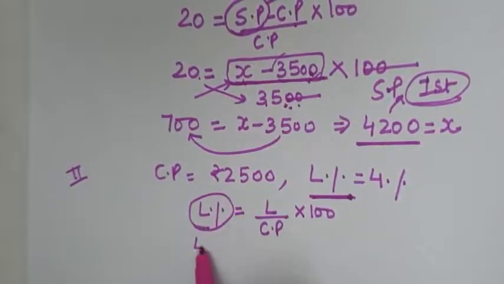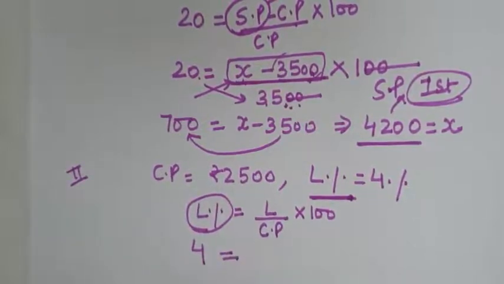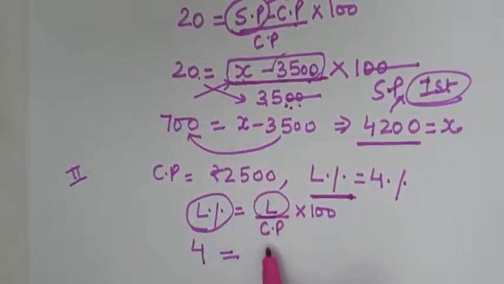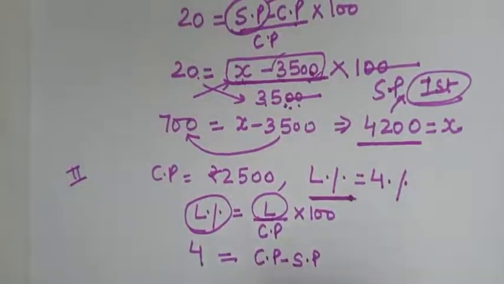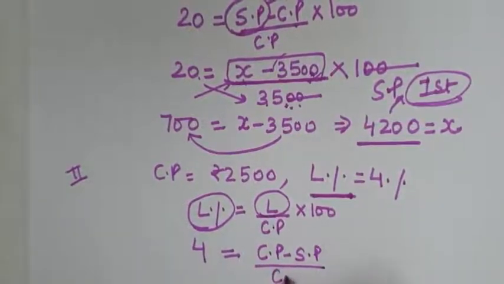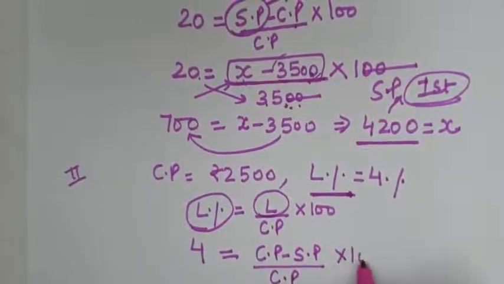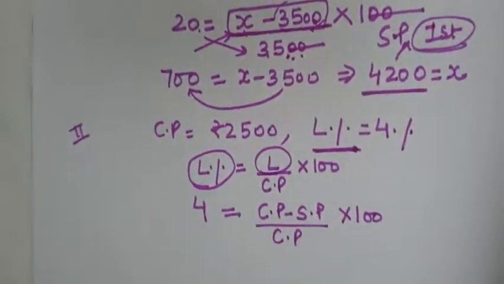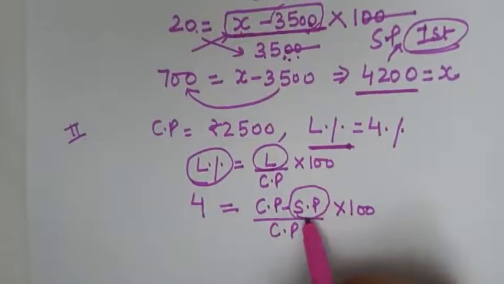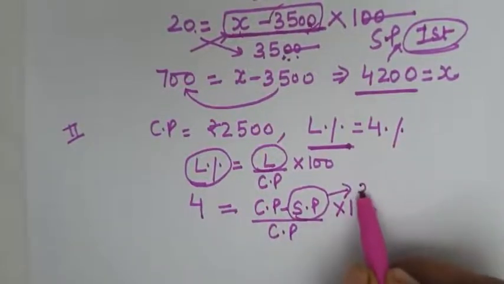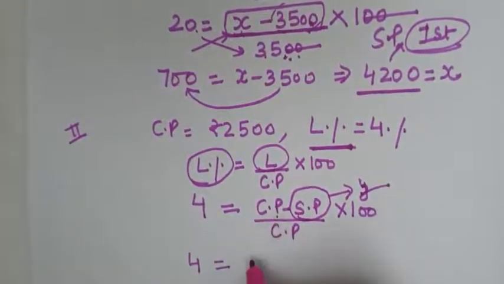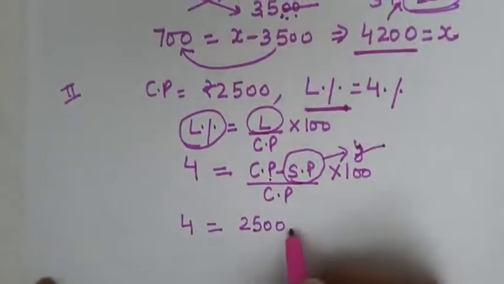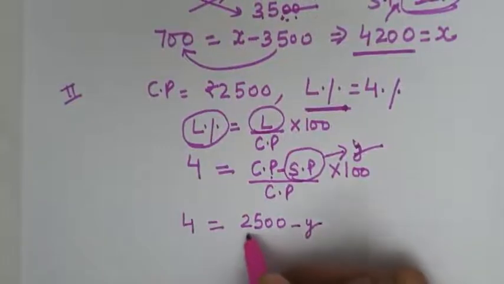What is the loss percentage? 4% is equal to loss, that is cost price minus selling price, upon cost price multiply 100. Now again we don't know the selling price, so put it equal to Y. 4 is equal to the cost price, 2500, minus selling price Y, upon